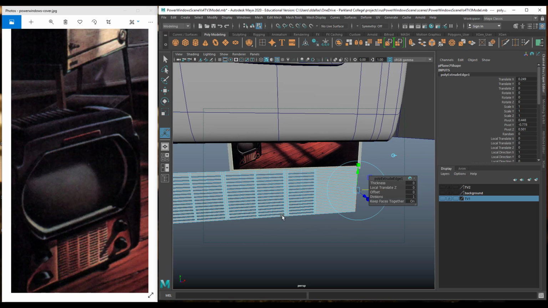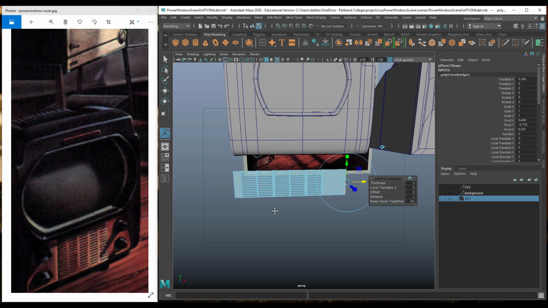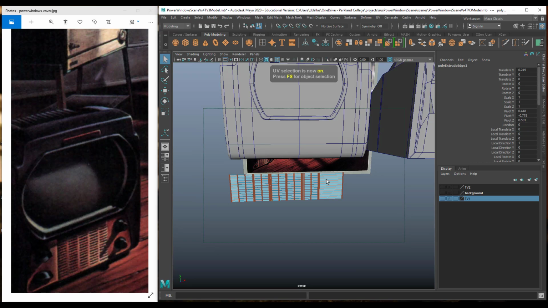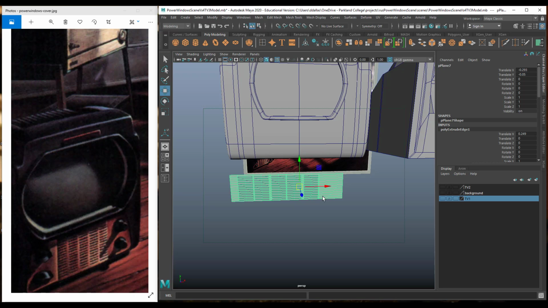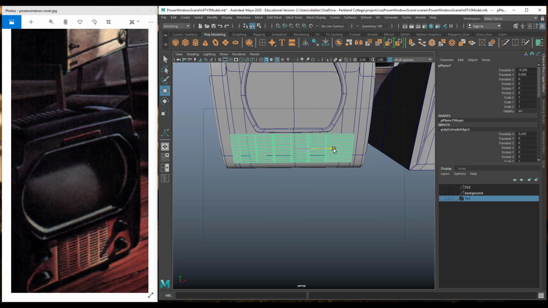Now, all right, so I have the basic shape of what I want, which will basically just kind of go in this area right here. So I'm going to turn that off, and I'm going to hit F12 to go back to object mode here. And then I'm going to just kind of put this in place. And this will require some shaping that I haven't really done, and a little bit more